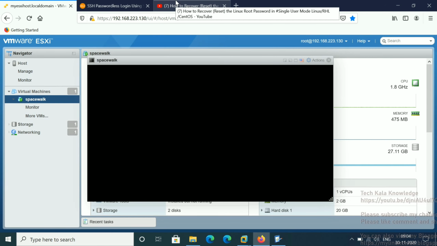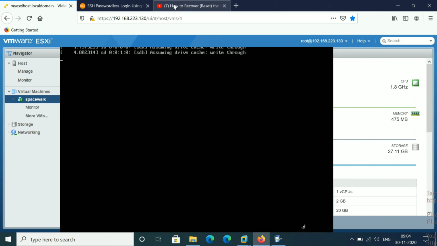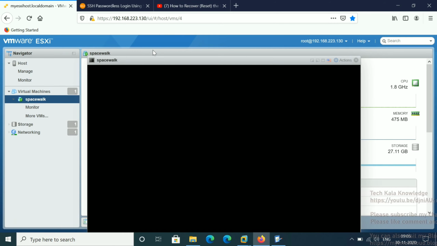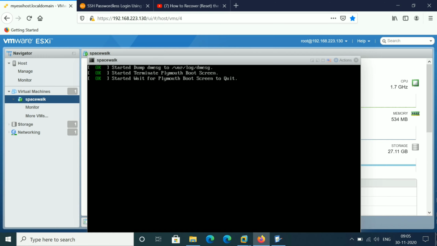It will take 1 minute to boot the system, because on my laptop two virtual machines are running, one in VirtualBox and one in VMware, and on that VMware an AIX host is also running. So my system is too slow.